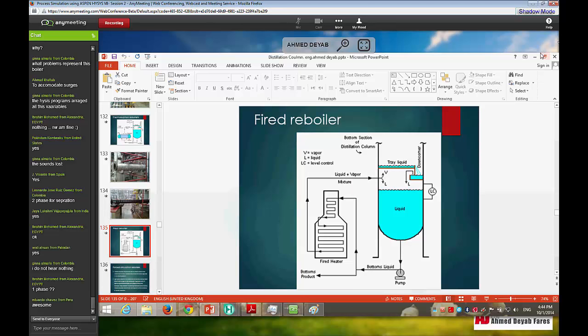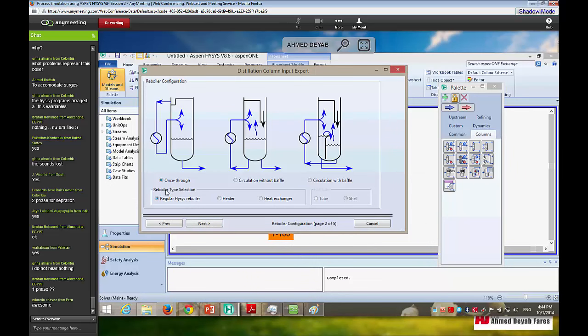But now in HYSYS, I return back to HYSYS. Here, it's asking me about the reboiler type selection. There are three options: regular HYSYS boiler, heater option, and heat exchanger option. Regular HYSYS boiler is for the kettle reboiler. Regular HYSYS boiler is the kettle reboiler. And for heater and heat exchanger, it will be